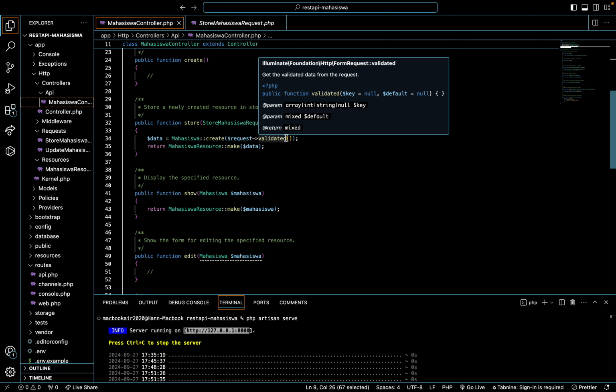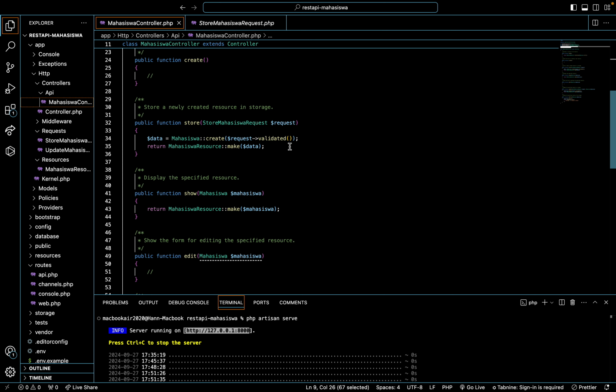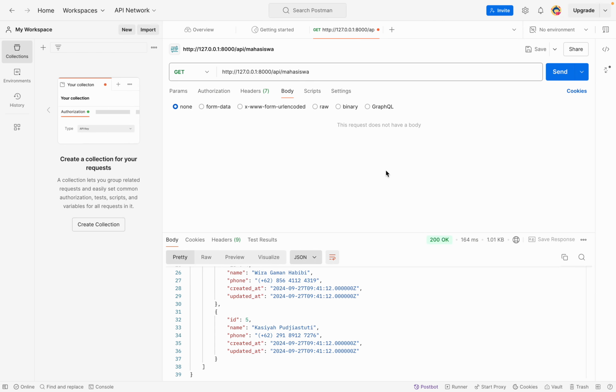You must write validated with the D, because maybe this is a small mistake, but this mistake is very big for the programmer, because it makes the system error. And we will check in Postman.